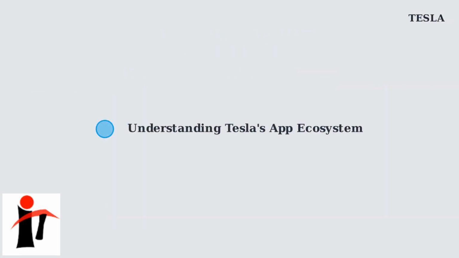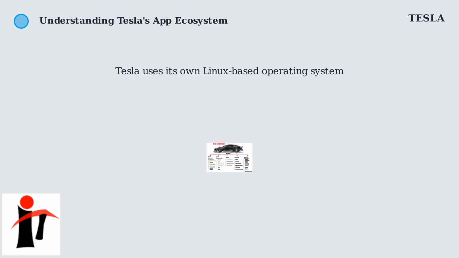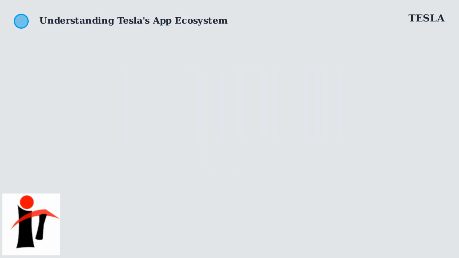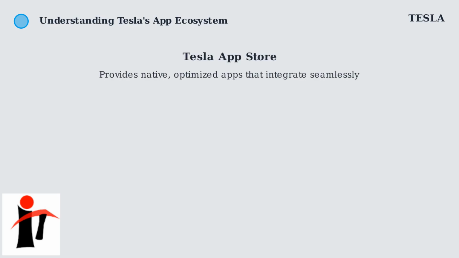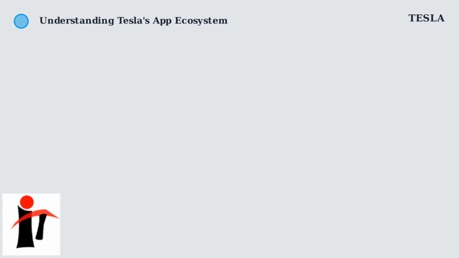Tesla's app ecosystem is built around its proprietary operating system and two main ways to access apps. Tesla vehicles run on their own Linux-based operating system, which is custom designed for automotive use and provides a secure foundation for the app ecosystem. The Tesla App Store offers native apps that are optimized specifically for Tesla vehicles, providing seamless integration with vehicle controls